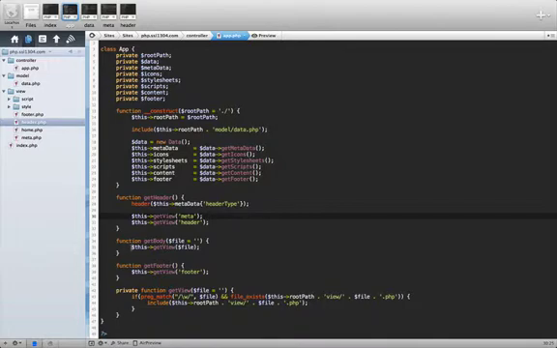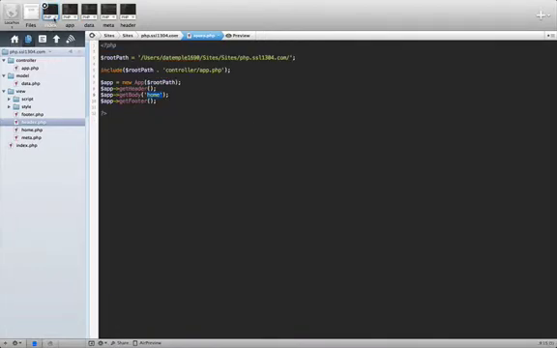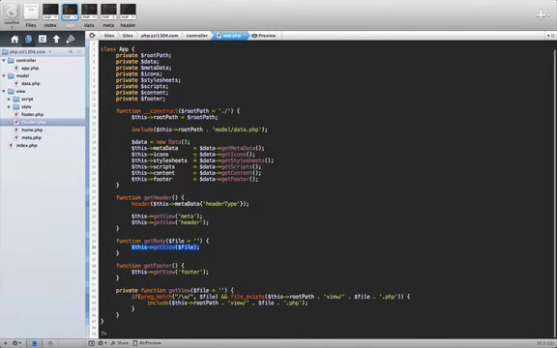So the next thing we do is we do the get body because we called that back here in the index, and we passed in the variable or the string home. The string home is passed into the variable file, and we say get view file. This makes it so that we can dynamically change which file is being loaded while keeping the same metadata and header data as well as the same